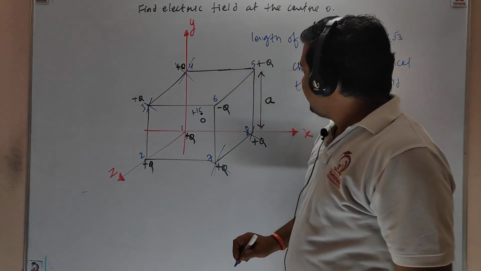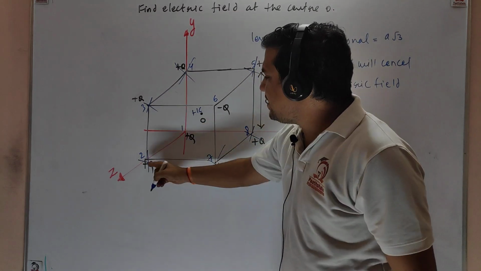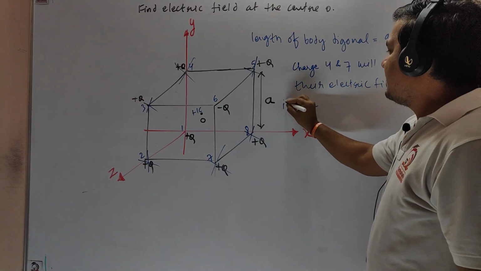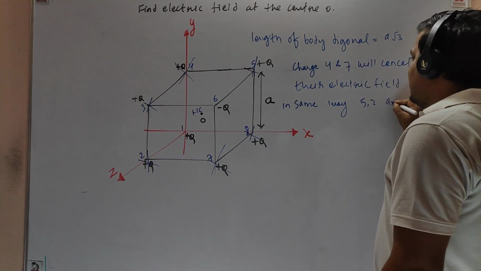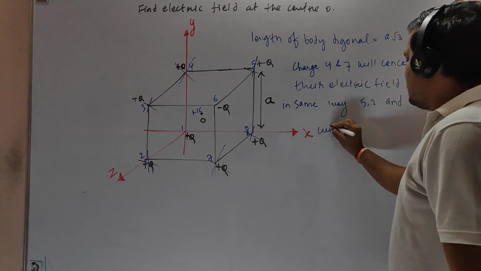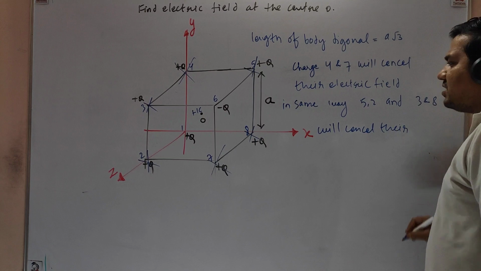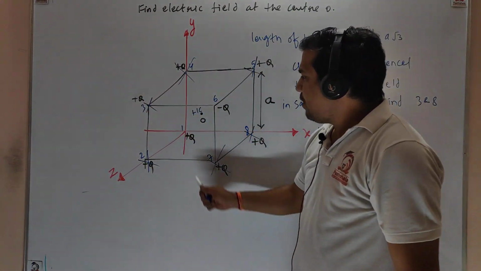Okay. Now 5 and 2 will also cancel. So in the same way, 5, 2 and 3 and 8 will cancel their electric field because they will repel the positive charge in the opposite side. But 1 and 6